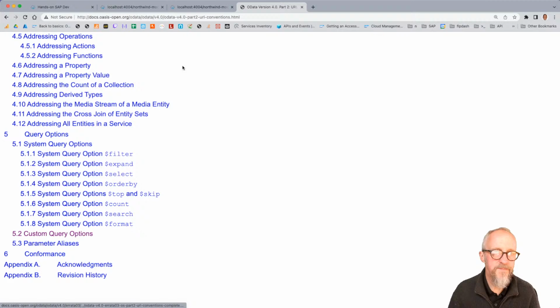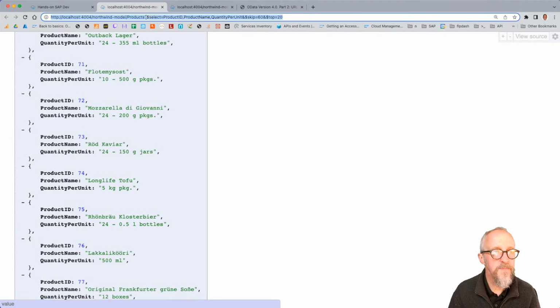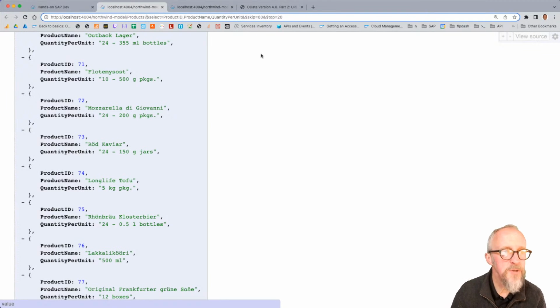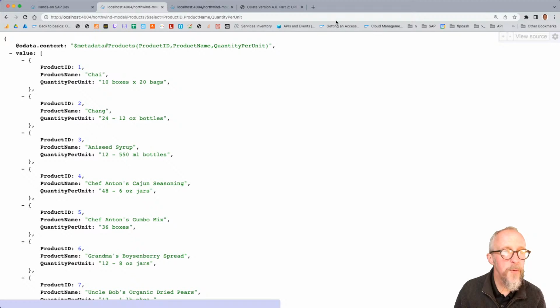So we'll look at $expand and we'll look at $select. If we have here products, oh, here we go, that's where we were. I forgot where we were. So we've got the Products entity set. We looked at $skip and $top, so let's get rid of $skip and $top. What's going on here? Instead of having